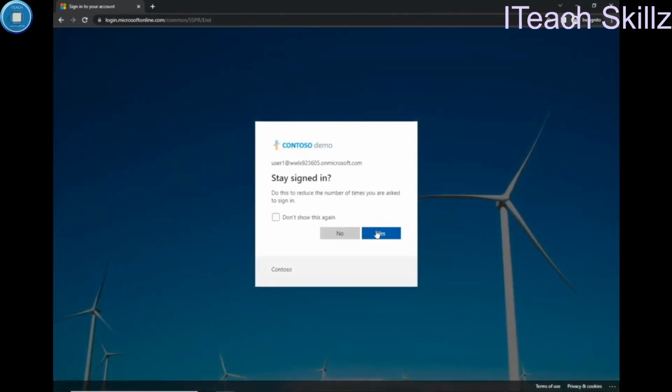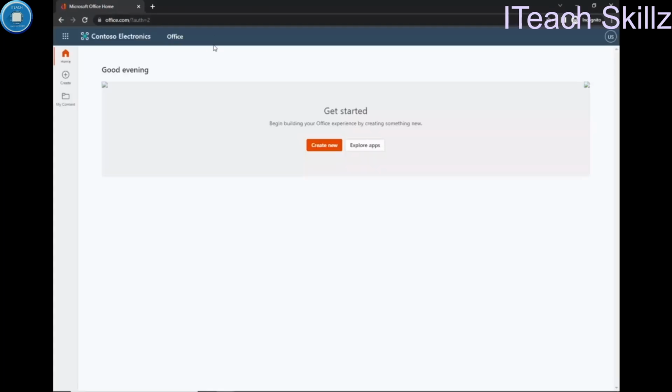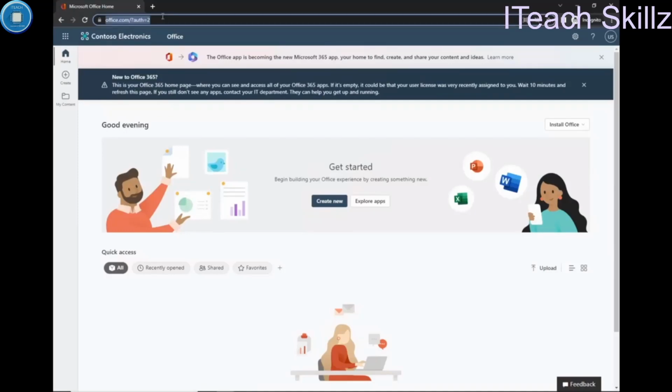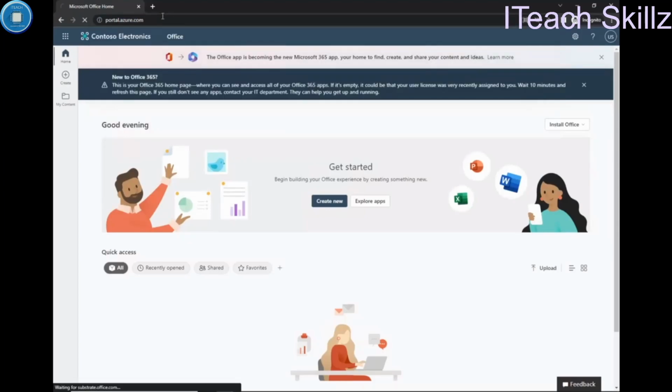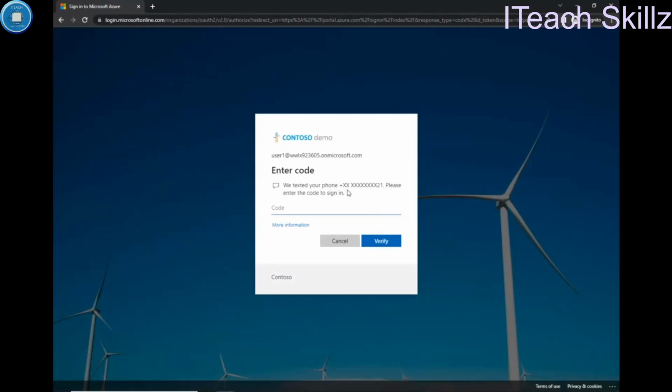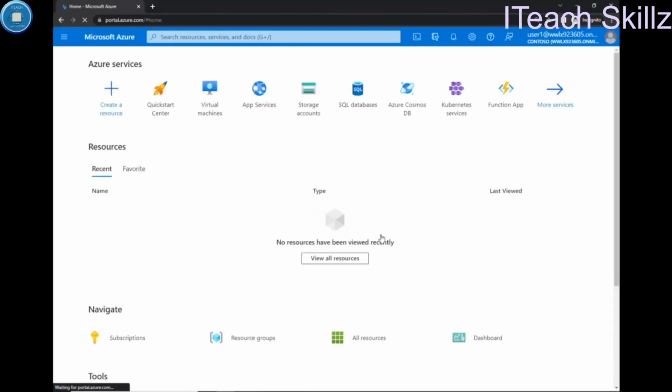Okay, stay signed in, clicking on yes, and the user is able to sign into office.com, the Office 365 application, basically. If within the same browser, in the same session, the user types portal.azure.com, now I just see a prompt to verify the identity. Just by switching to a different application, the MFA triggers, because the condition for the policy is set to trigger the MFA code all the time. So I'm showing the difference between the sign-in attempt with one browser to one application and with the other session to another,